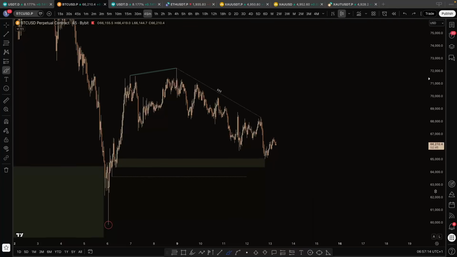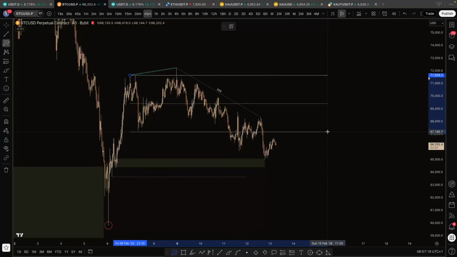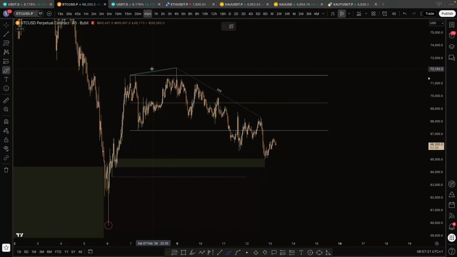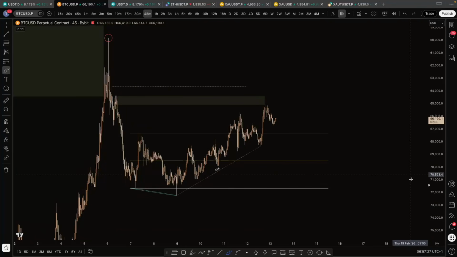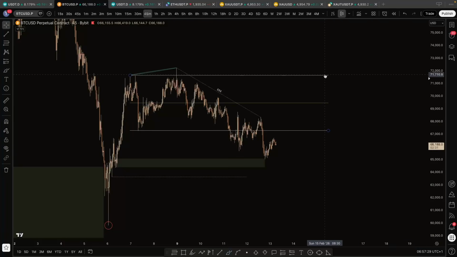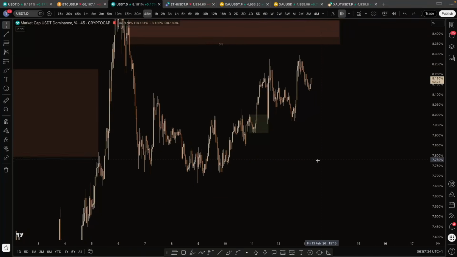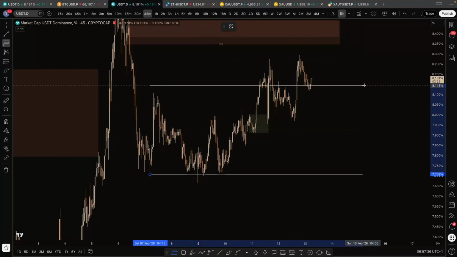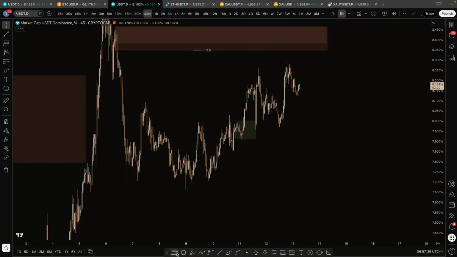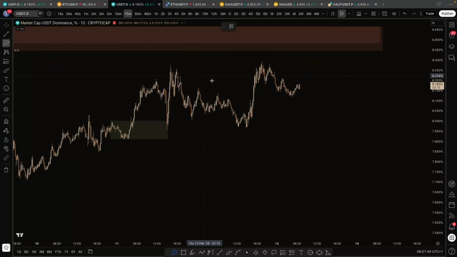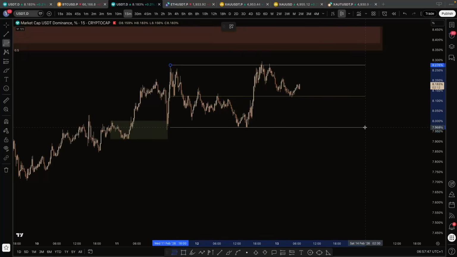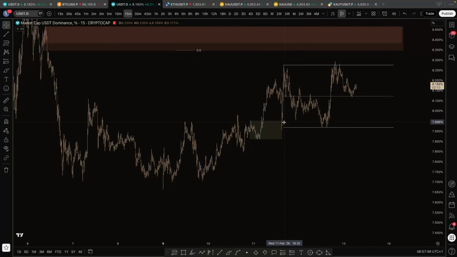Watching that, let's see if we are... nah, that doesn't look clean. I was looking for a distribution potentially into an accumulation, but that doesn't look that clean. Let's see if it does look clean on USDT, because I was watching it on USDT as well. No, it doesn't. So this on USDT is a new range. But can you draw it? Yeah. Okay, you can draw it.